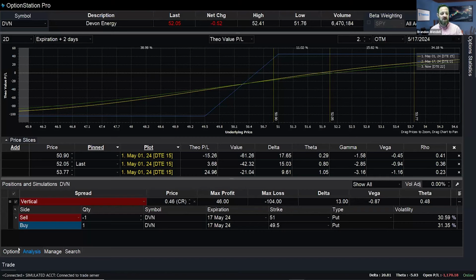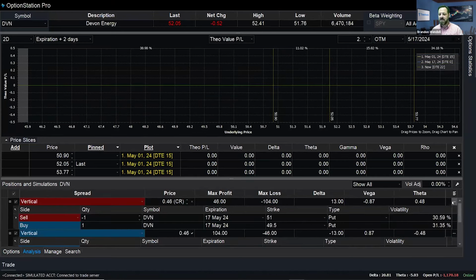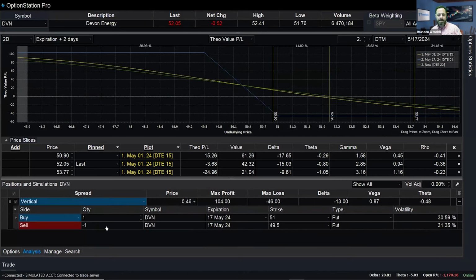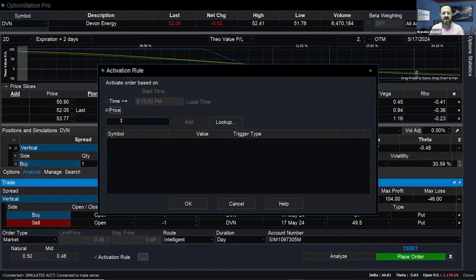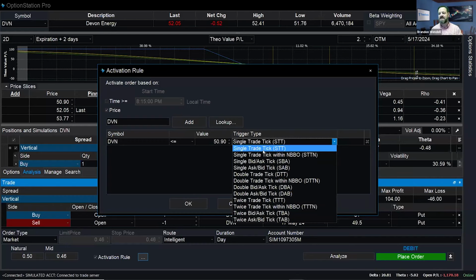Okay. Well, once I have the position open, let me do analyze opposite trade. That's the close now, which actually looks like the bear put spread. But if I do trade, I can actually change this to a market order activation rule. And now I forgot the number it was, 50.90. If Devon Energy drops, actually less than or equal to 50.90,